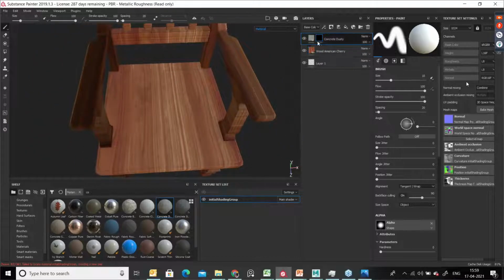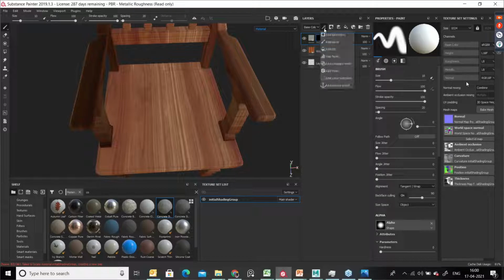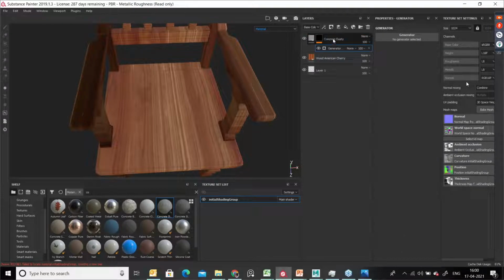Now what we have to do, we have to apply a generator because a brand new chair will have sharp edges and very crystal clear corners. But when you go for an old chair, the corners, everything will show the life of the furniture. To do that, we have to add a generator. You can just go here, go to effects and add a generator.